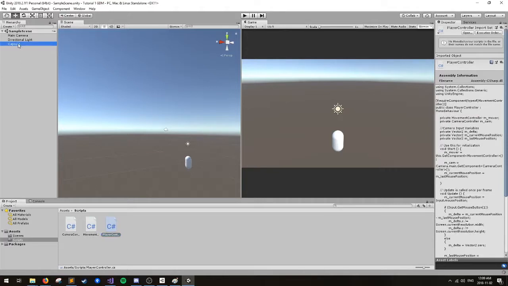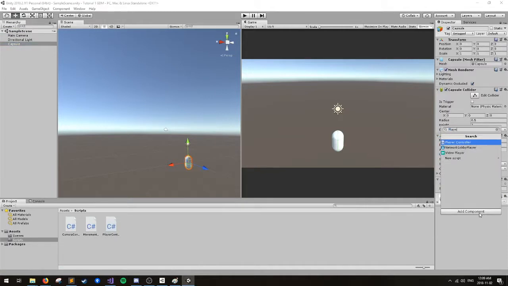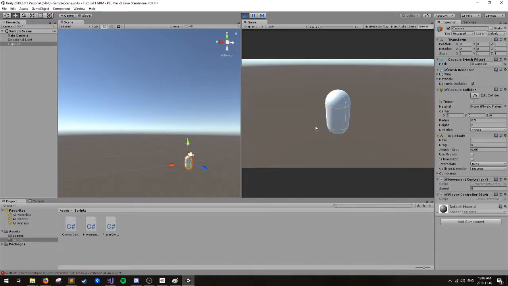But now if you go back to the capsule and add the player controller, usually there's nothing to connect because it kind of will find everything on its own. But if we play, we're going to cross our fingers that this is going to work. Alright, so